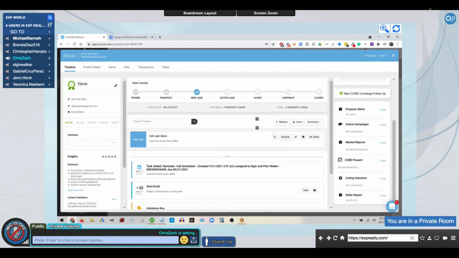it's exactly what it sounds like. So it pulls data right from the MLS. But what's cool is you can send a market report to your past clients. So you can schedule that to go out automatically every 7 days, 14 days, 21 or 28. So if you've got a customer or past client who's very into real estate investing, this is an amazing tool. Or if you have someone who's thinking about selling, this is a really, really good way to show them